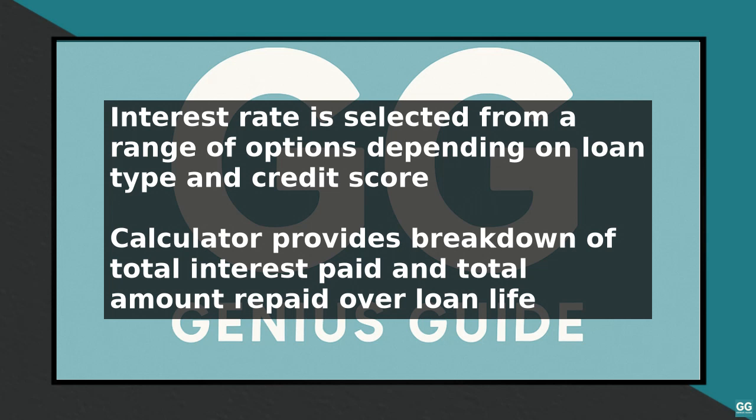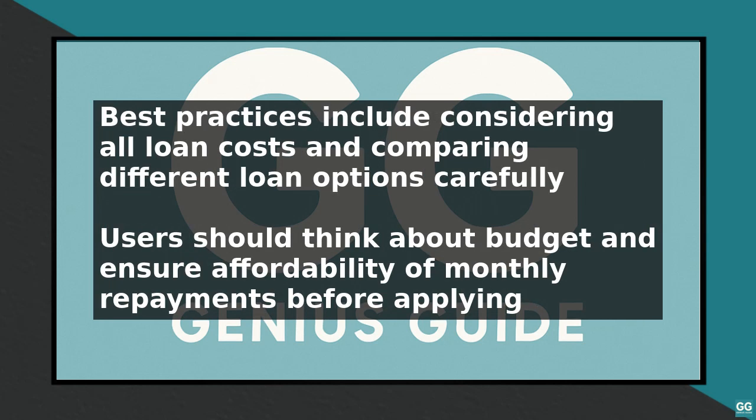Practical example: if you borrow $10,000 over 5 years at an interest rate of 6%, your monthly repayment would be approximately $193. The total interest paid over the life of the loan would be $31.95, and the total amount repaid would be $13,195. Best practices when using the TSB Bank Loan Calculator include considering all the costs associated with the loan, such